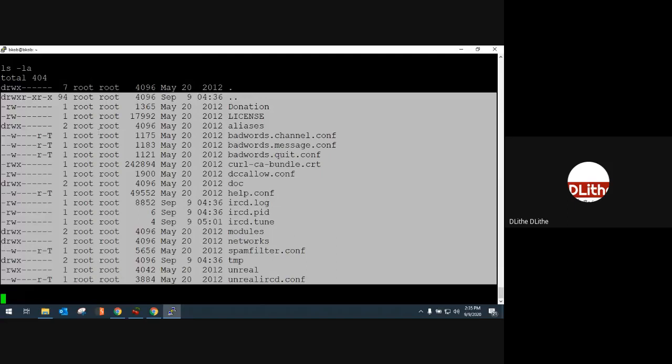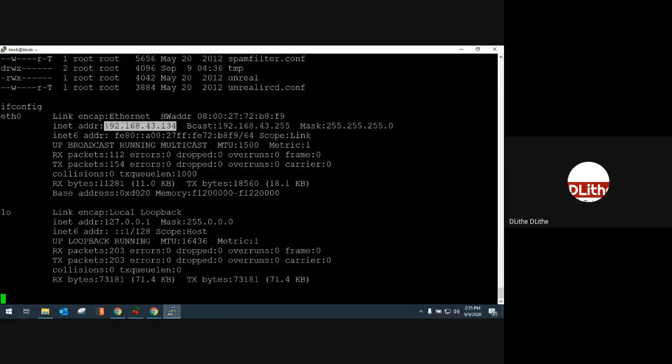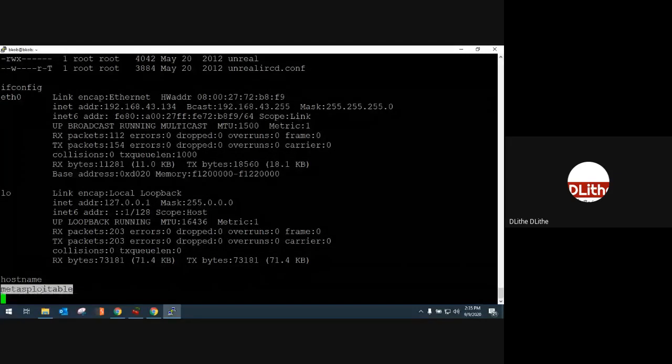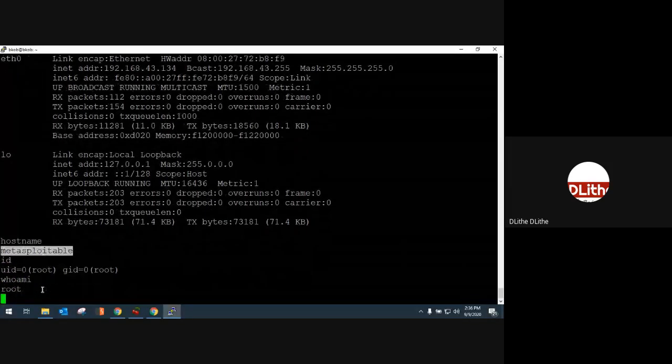As I said yesterday, it's always better to identify the victim machine's information and which privileges I have logged in with. These two things you will have to remember. So let us see which machine we have logged into. We can use a simple ifconfig. You can see the IP address displayed here is 192.168.134, which means we have access to our victim machine. You can use hostname to check the system name.